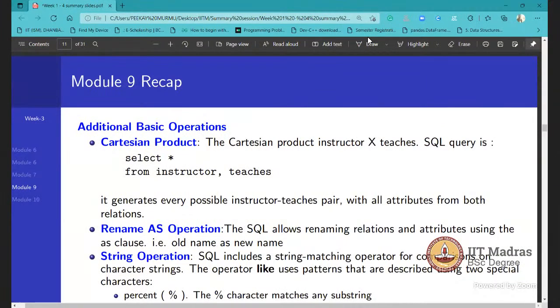In module 9 we learn about the additional basic operations, that is the Cartesian product and the rename as operation. Suppose you want to rename a particular attribute, relation, or table, you have to mention this as operator, for example rename instructor as I and similarly as T. This is the rename operation.